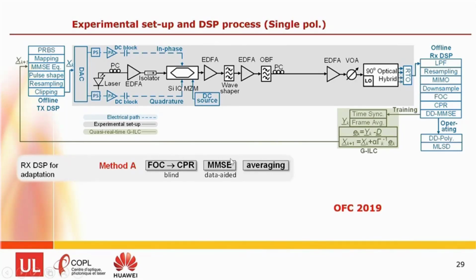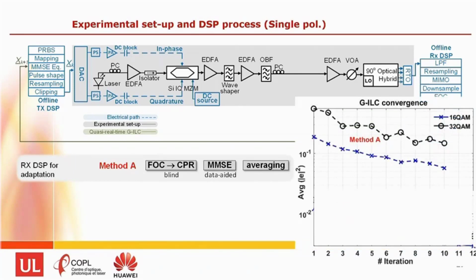We're working with a bare chip, and so we have a lot of noise because we need a lot of amplification to overcome coupling losses. And because this is called method A, you can imagine that it didn't work very well when we moved to dual polarization, and that's why there's going to be a method B. So when we tried the same approach to training our nonlinear precompensator, we really didn't get very far.